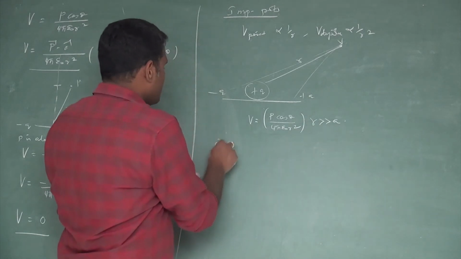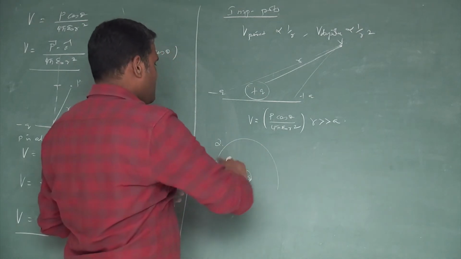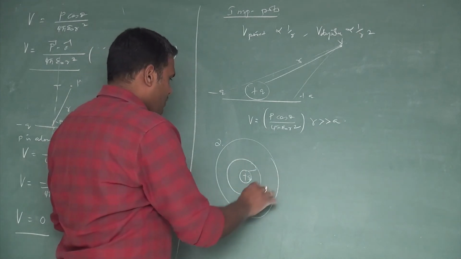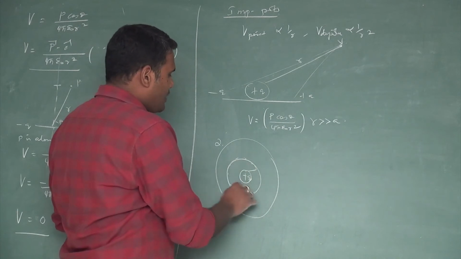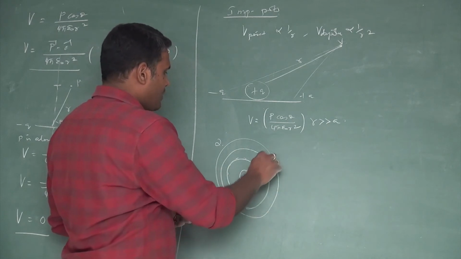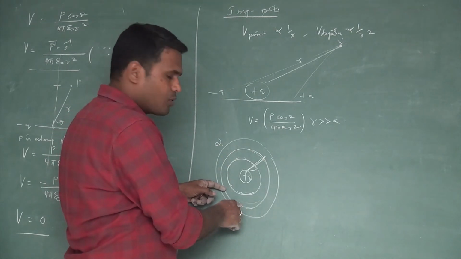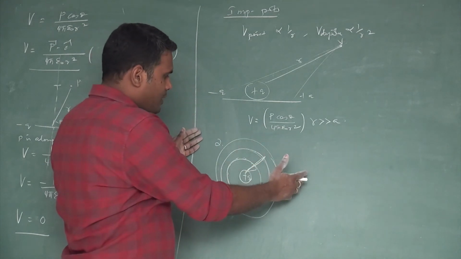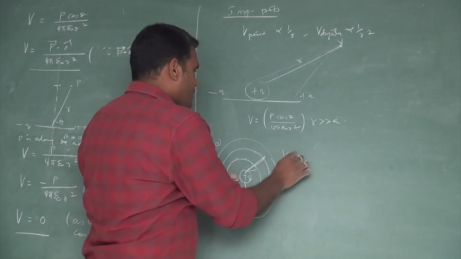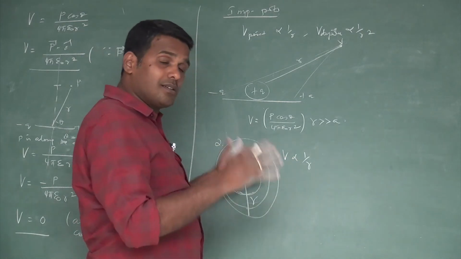Then the second inference is that if you consider a positive point charge or any point charge, it has a spherical symmetry. This means that at any particular distance, if you draw a sphere, all the points on the sphere will have the same potential. If you go to some other distance, all the points at that distance will again have the same potential. The potential value is symmetrical throughout the sphere, and beyond that sphere, the potential will again be the same for that radius r. So we can say potential depends only upon r. As r varies, the potential varies, whereas the symmetry exists.